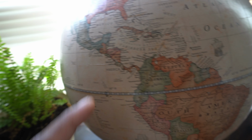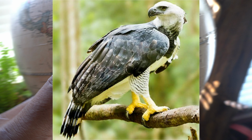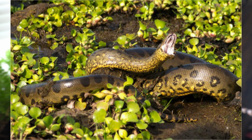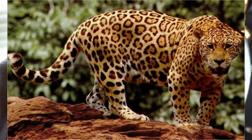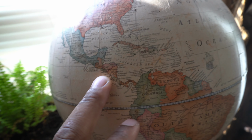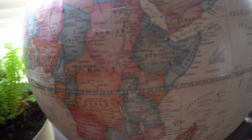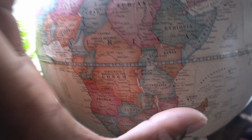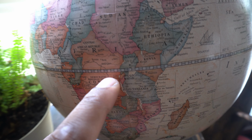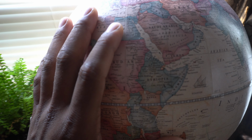In South America, you have to worry about predatory birds, snakes, caiman. Central America, I'm pretty sure they have their share of predators that come from the forest, that come from above and hunt these fish. So I believe that over here in Africa, it's not the same. The lake is huge, and because of that, the threat is much lower. Of course, they have a threat. They have other cichlids that want to eat them, but because they don't have to worry about threats coming from above, like these fish over here, they're a lot bolder with their color, and that's why